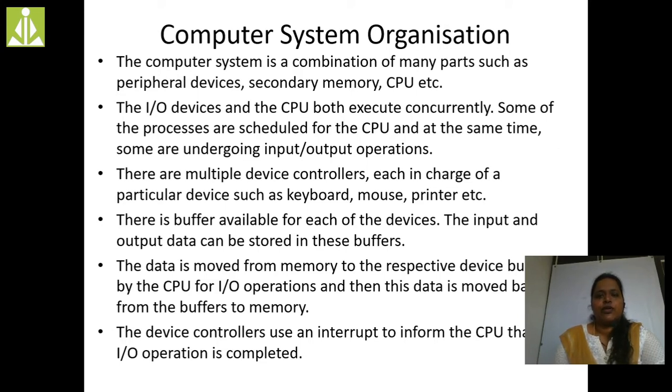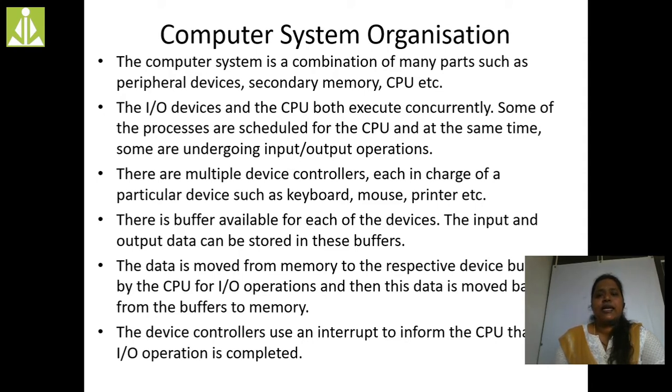So what we are going to do is keep a buffer, and store some number of processes in the buffer. Suppose we have stored four processes in the buffer. If the first process is executing in the CPU and the second process is in the queue, then when the first process has completed, we automatically take the second process from the buffer, and it is given to the CPU. So this is how the buffer is helpful.